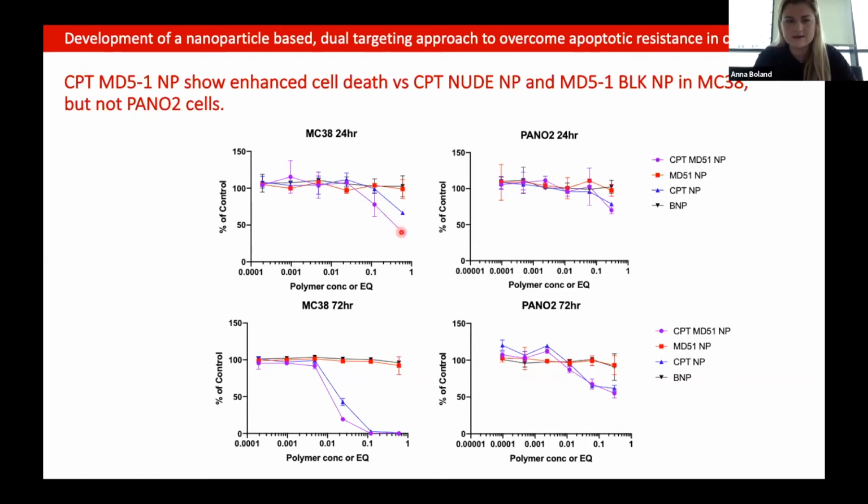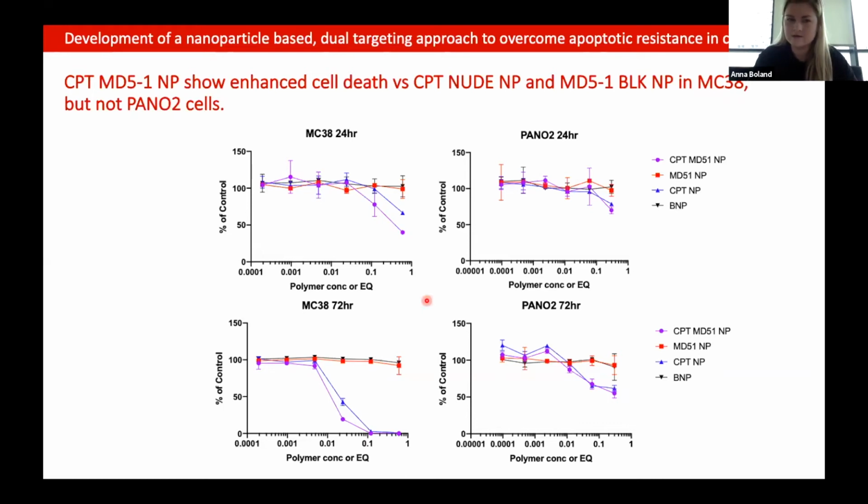We see this increased, maybe an extra 20% cell death, and at 72 hours we still see this increased sensitivity at low concentrations. Once again, like we'd previously seen, the PAN02s do not seem to show any appreciable sensitivity to this. They stay very much the same as the CPT particles, nothing really significant. So our next focus is now trying to understand, why are the MC38 cells sensitized by this combination,